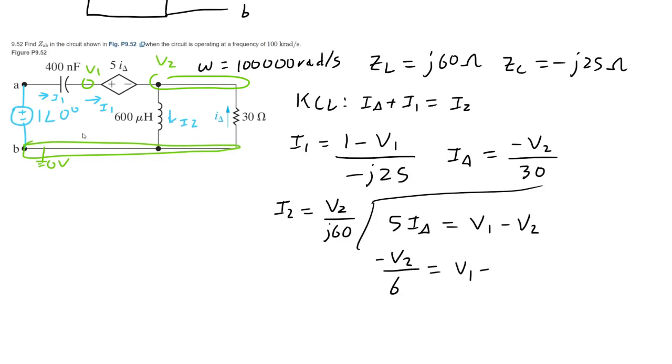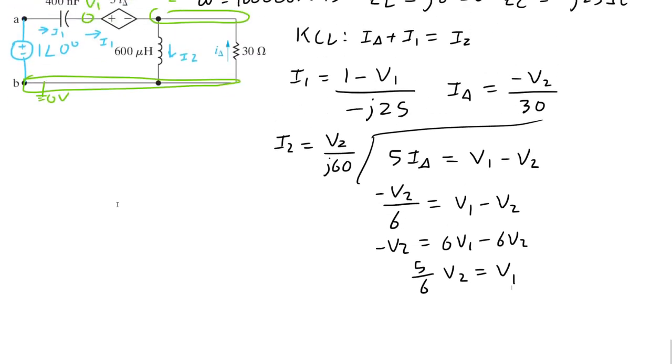It's going to equal V1 minus V2, which means that minus V2 equals 6V1 minus 6V2. If we simplify that, 5/6 V2 is going to be V1. So we use that substitution to find out what I1 is. Alright. So 5/6 V2, or 1 minus 5/6 V2, this is I1 over J25